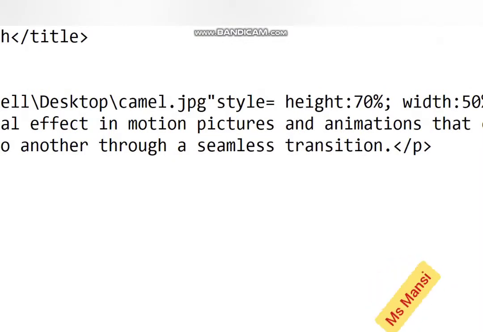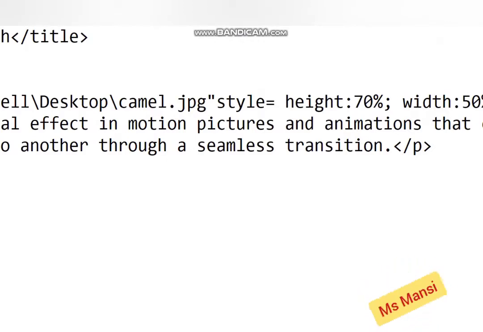So let's start with computer class, chapter number 8, and the chapter name is Images and Links in HTML5. In the previous chapter, you have learned about the various elements and tags used in HTML and their properties. This chapter explains some more extension elements of an HTML page, like images and links.